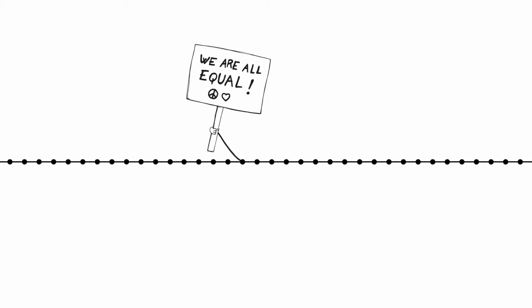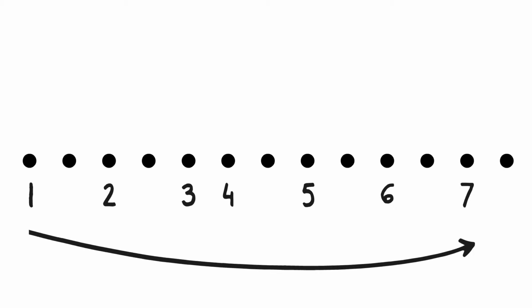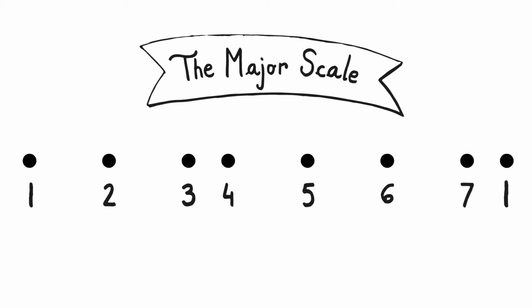And actually it gets even simpler, because most of the time our music is really only using 7 of these notes. And that note at the top that your ear is expecting to hear is not actually a new note at all, but it's just note 1 again, just 1 octave higher than the original. This is the major scale, and these are the sounds that make up all of that music that surrounds you